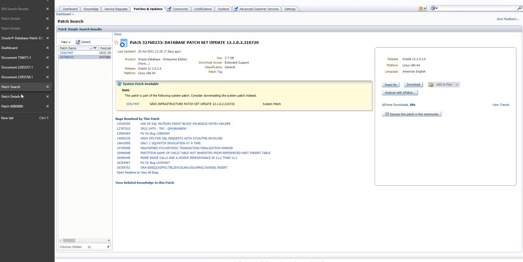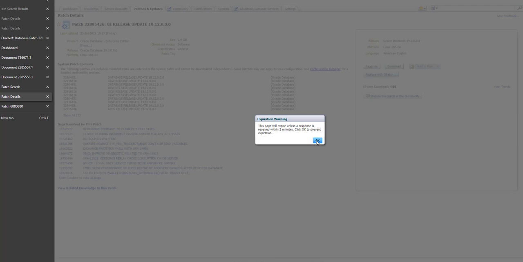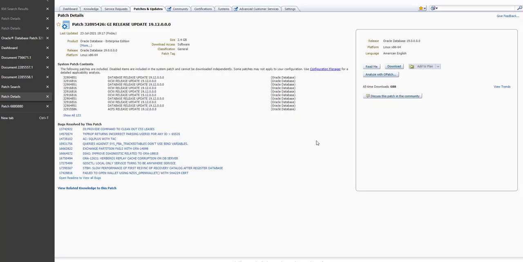Next you need to download the 19c July release update. Here is the patch number, and as you can see, it's for Linux x86-64. After applying this release update, your Grid Infrastructure will be updated to 19.12.